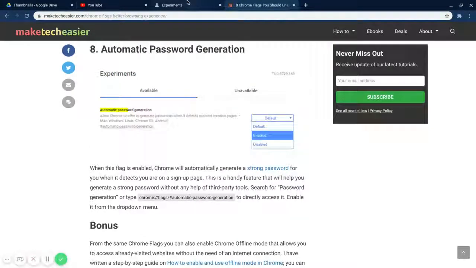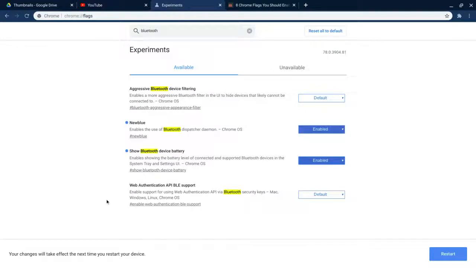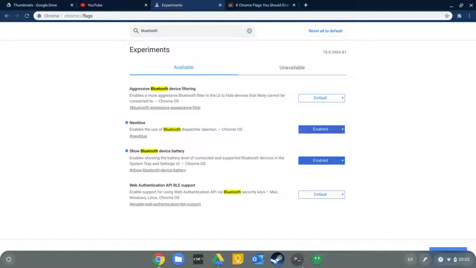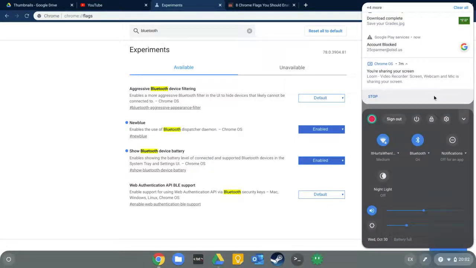Basically, ChromeOS Flags, extra features. I have never lost any data. And most people that use ChromeOS Flags do not lose any data, but if you're not sure, then you don't need to use them. So the second thing I would like to show you now is